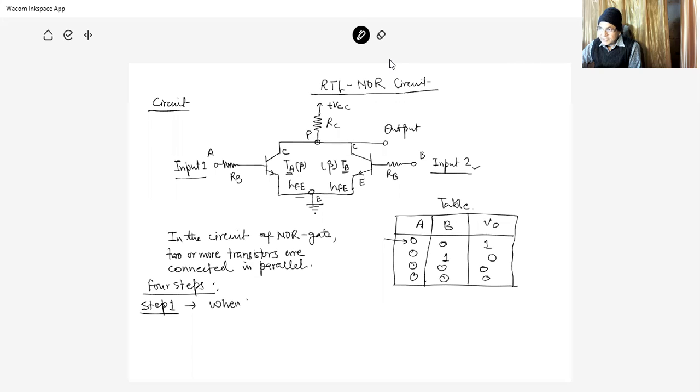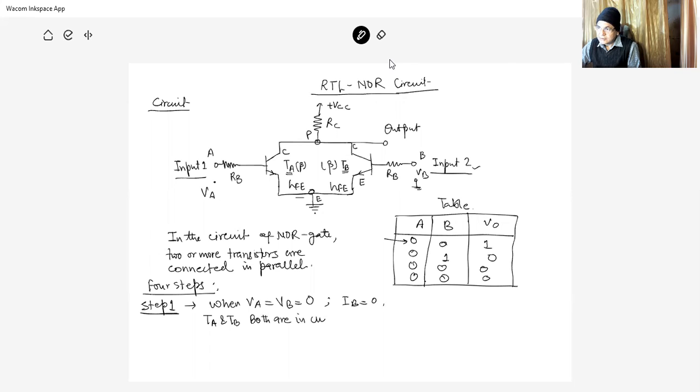The voltage at this point is VA, and at this point the voltage is VB. VA is equal to VB is equal to 0. So columns A and B have the value 0, 0. The input of transistor A is 0 and transistor B is 0. When these inputs are 0, IB is 0. This indicates that IB is 0, and if IB is 0, then transistor A and transistor B both are